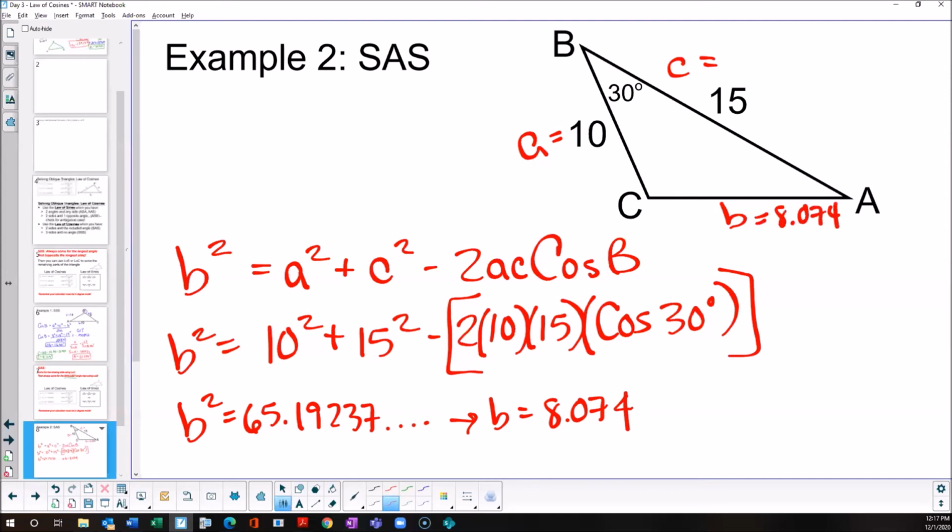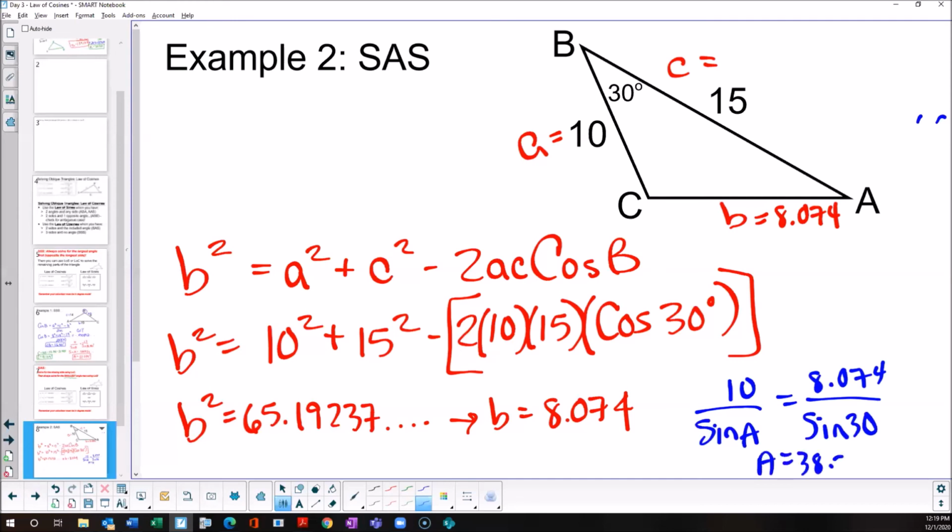Now what angle do I want to find next? 10 over sine A, and then I have my B over sine 30. All right, do we get A is 38.263 degrees? And then when I get C, I'm just going to do 180 minus 30 minus 38.263, and I get